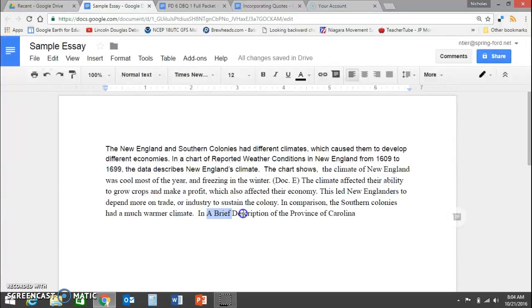and I should put this in italics because it is a title. I should have done the same thing here. This is a title, so I should italicize that. Robert Horn describes how wonderful South Carolina's climate is. He explained, or let's just say, he writes,